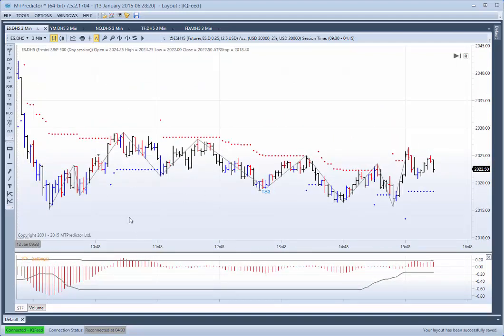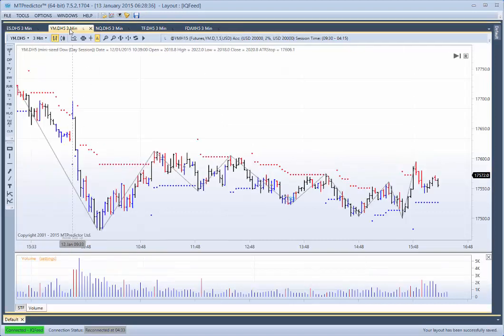So large degree trend was down. That means we'd be looking for sell setups, so that's why we looked at that particular setup there. So in other words, these buy setups here a bit later in the day would have been avoided because the trend was down. So on the ES we'd have had our one losing trade there. Let's have a look at the